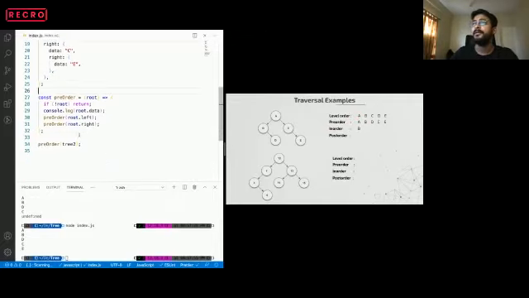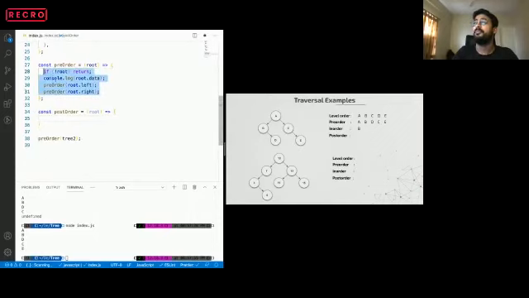Cool, let's move on. Let's try to build post order, and let me know if you want me to skip this. Similarly, we can just write a post order traversal, and everything will be the same except the processing of root. We just move the processing of root to the end.